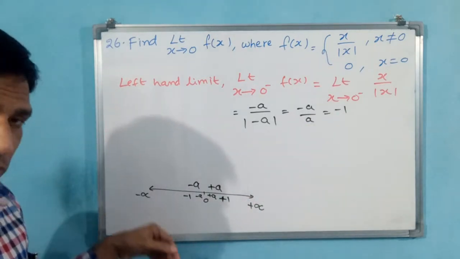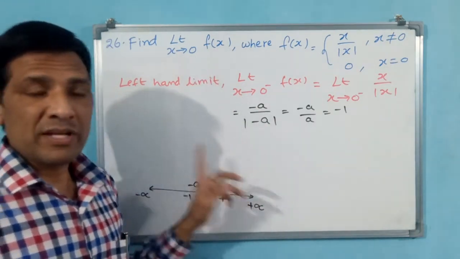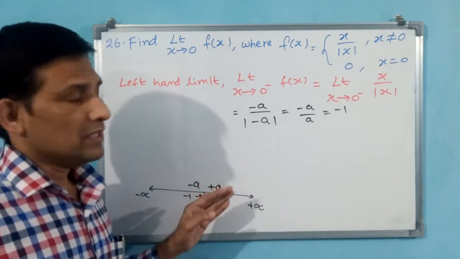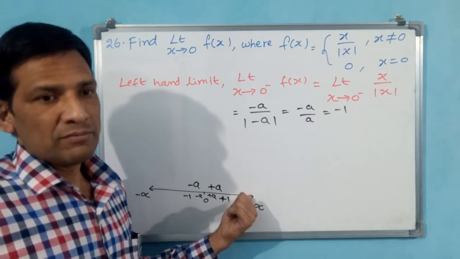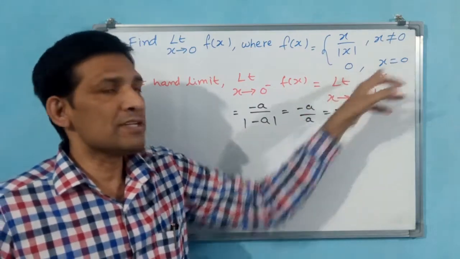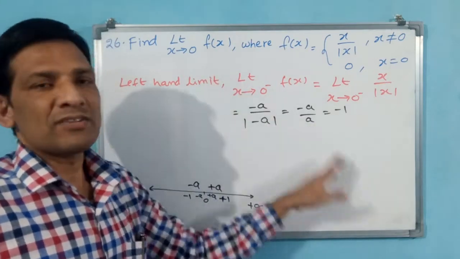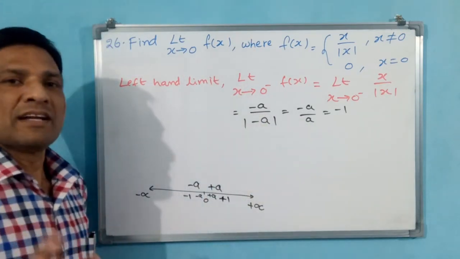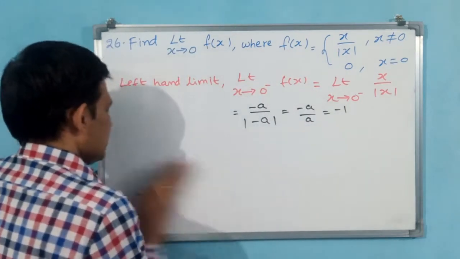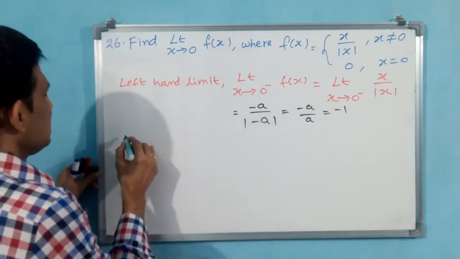But even without going to the right hand limit, if the limit exists, then 0 minus and 0 plus should all be equal. Immediately we can see at 0 the function has 0, but for less than 0 it has minus 1. Here itself we can say that the limit does not exist at 0. You understand? But even then, as per procedure, you have to do the right hand limit also. Okay, let us do. What I am writing here is the right hand limit.